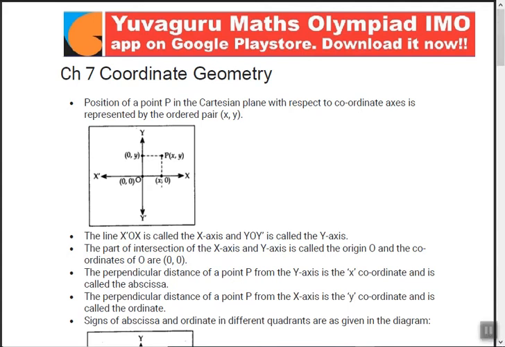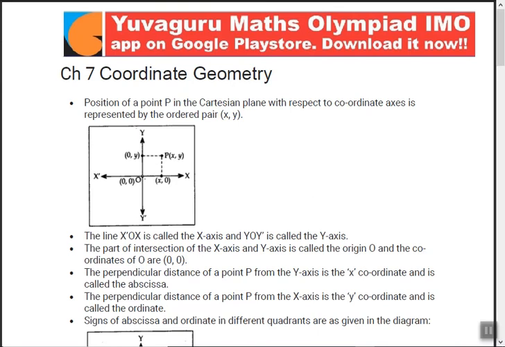So if this point is 5, it means from 0 it measures 5. And why this 0 over here? Because this is 5 on X axis, and what is the Y coordinate? It's 0, because Y coordinate doesn't exist on this X axis. Similarly over here, on the Y axis, X coordinate will always be 0, right? And Y coordinate will be what is measured from this 0 up to this horizontal line.